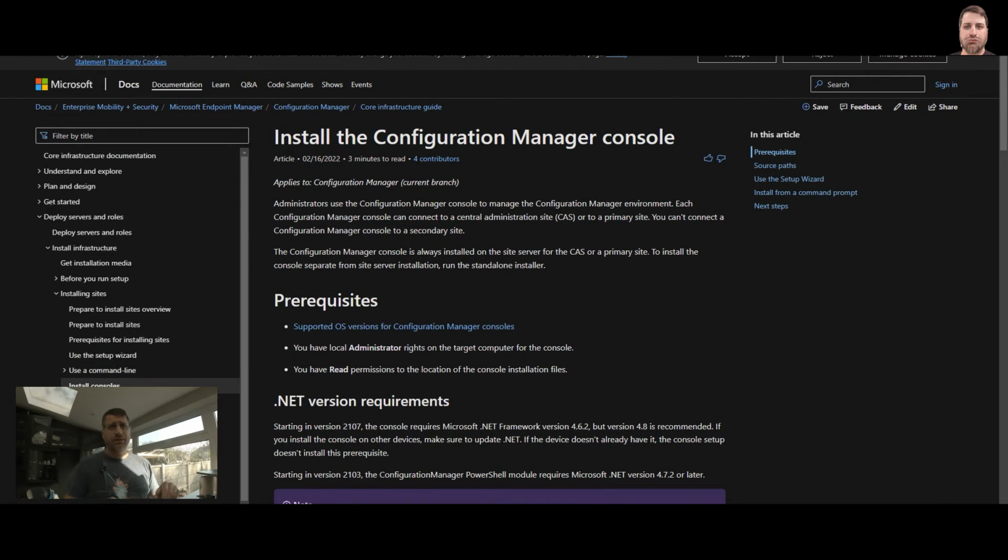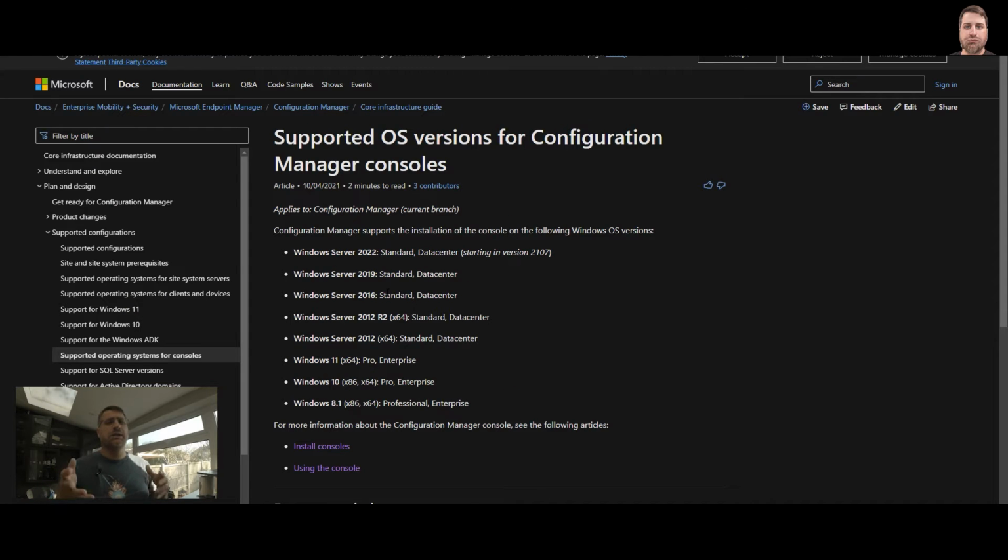So if I bring up the documentation, you can see here the page on installing the configuration manager console. We have all the prerequirements in terms of the OS versions supported. Almost every version of the OS that's currently supported by Microsoft is supported for the console, so that's not difficult. You can open this link and see all the supported OSs. We can see here Windows 8.1, Windows 10, Windows 11, and servers from 2012